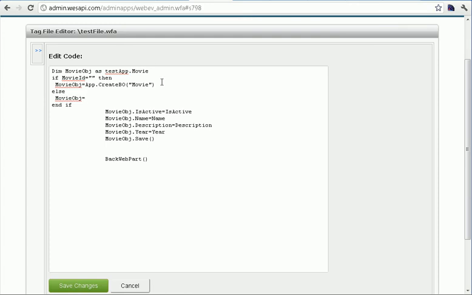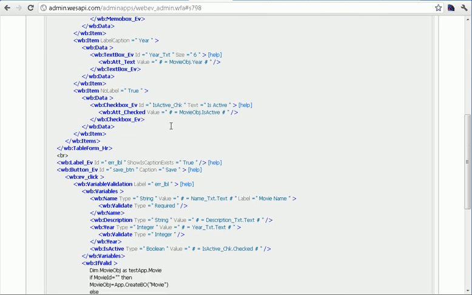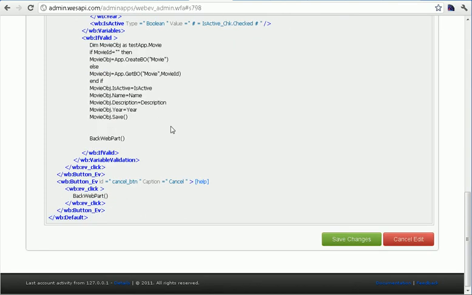Else we will get the movie object defined by movie ID. Save this, and that concludes the editing portion